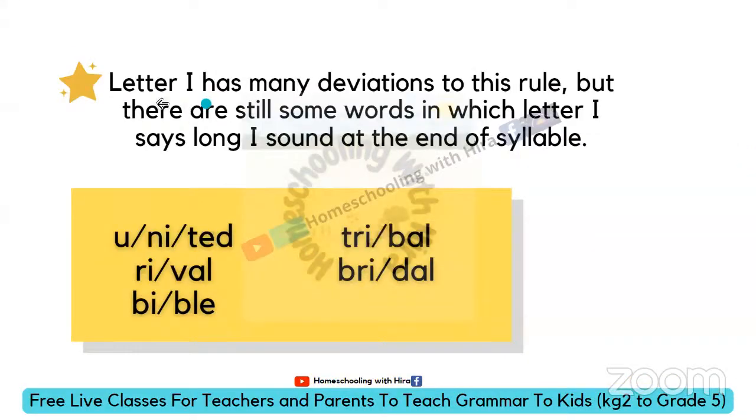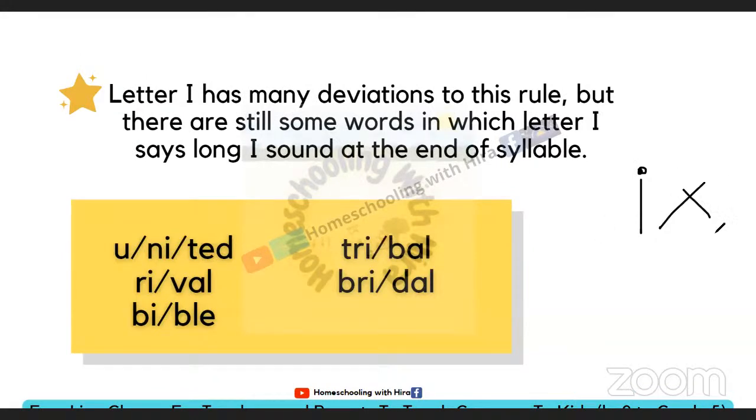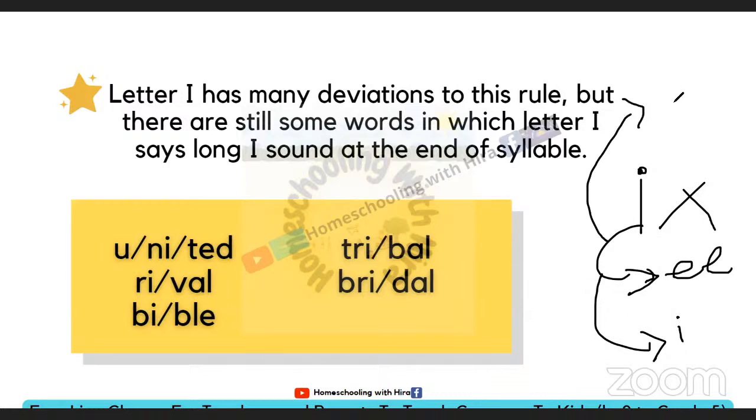ठीक है. Letter I has many deviations to this rule, but there are still some words in which I says the long I sound at the end of a syllable: united, rival, Bible. As I just told you, letter I is the trickiest vowel. इसके बहुत मसले मसाले हैं, ये बहुत जगहों पे ना गड़बड़ करता है. कभी ये लॉन्ग ई साउंड बोलता है, sometimes it says the short e when it's not required to say short e, and sometimes it says the long I when it's not required to